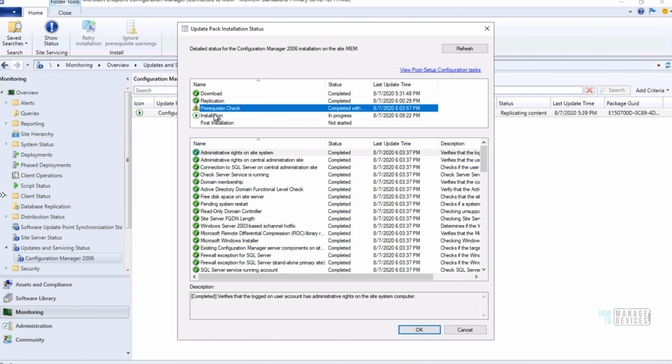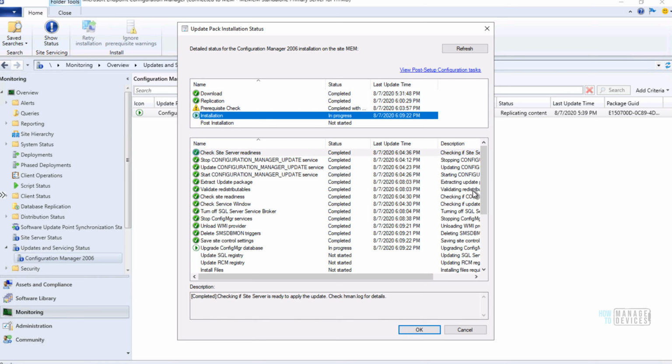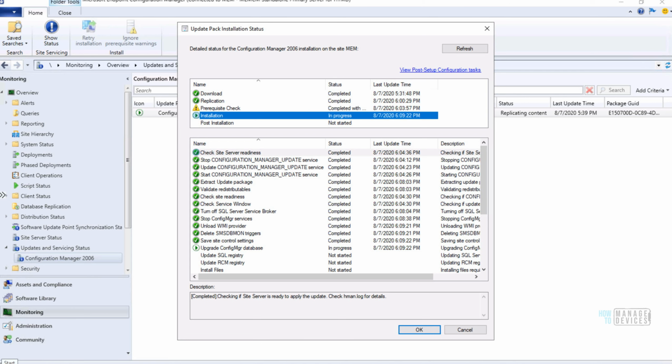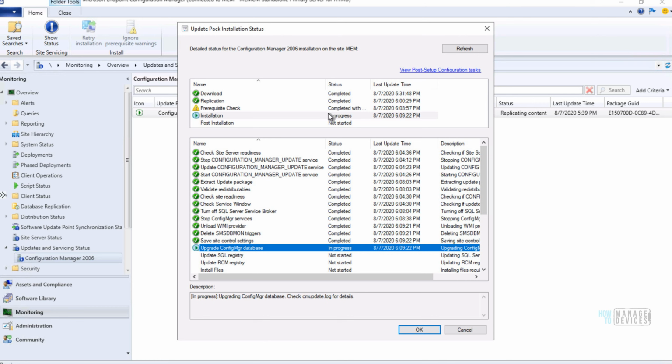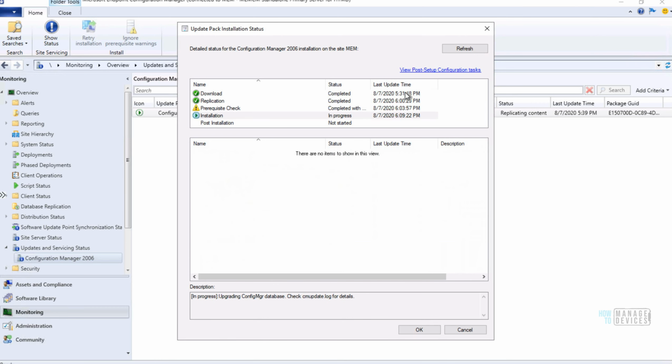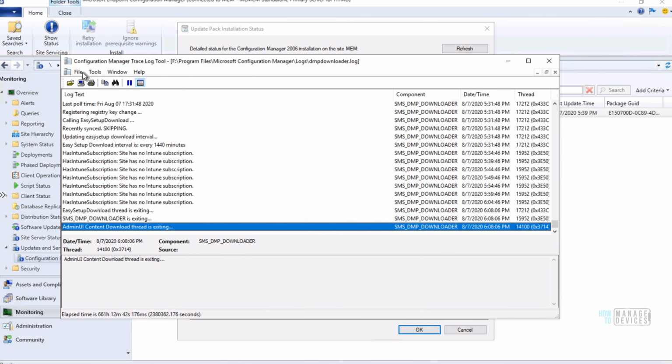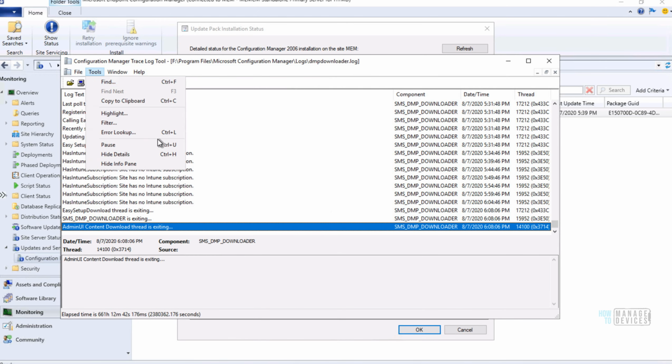Okay, so let's go through the status of the installation. Now it is going through the actual installation. It already completed the replication part, prerequisite checks, etc. You can ignore the prerequisite warnings.